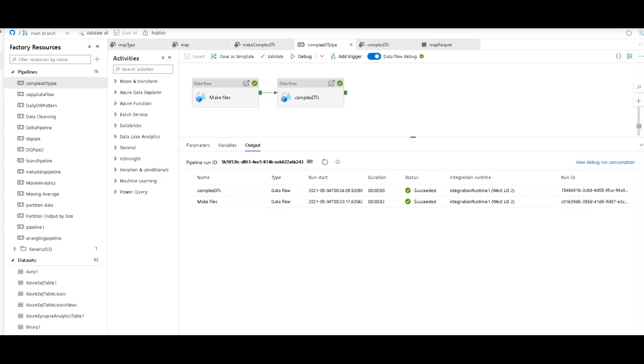All right, so enough talk. Let's get started and look at some demonstrations. On my screen, I have a very simple pipeline on my design surface. This pipeline has two data flows in it. The first one, we're going to make some files that have complex data types, and we're going to process those complex data types. So the way we're going to make the complex type first, let's double click on that data flow,